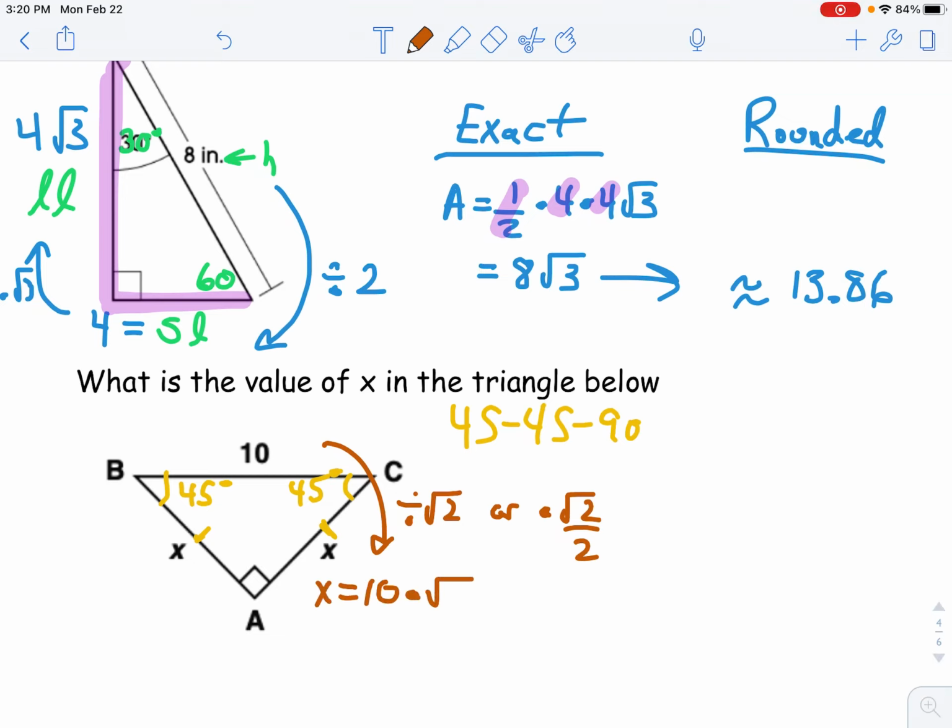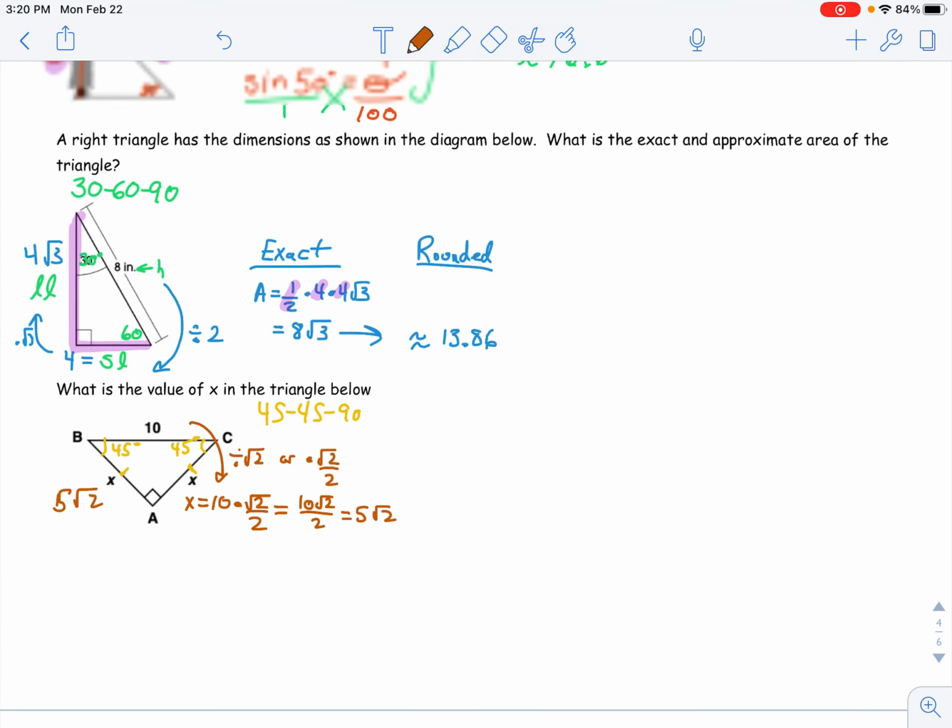In this case right here, I'm going to just multiply by radical 2 over 2, because then 10 times radical 2 over 2 is going to simplify really nice into 5 radical 2. And that is also this x over here because it's an isosceles triangle. All right, so that's it. Hopefully you had fun and